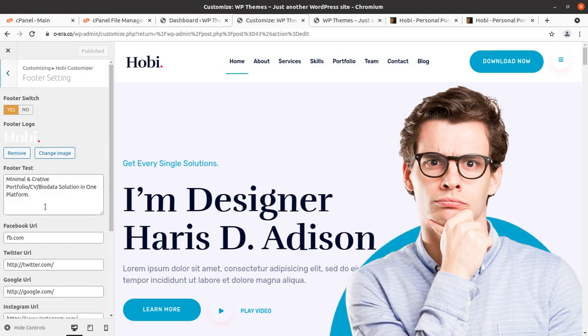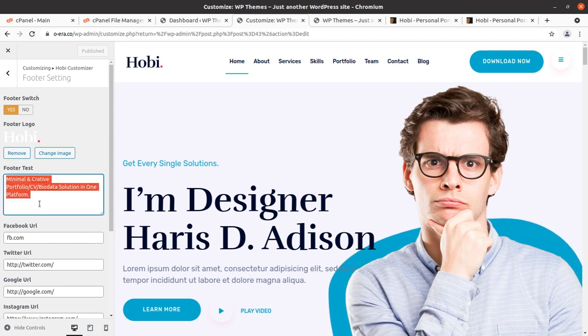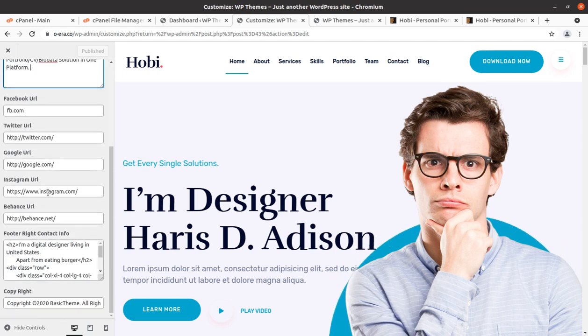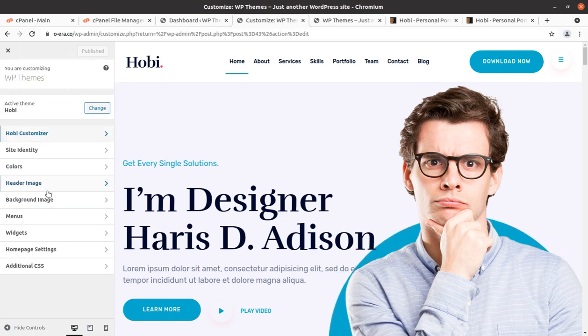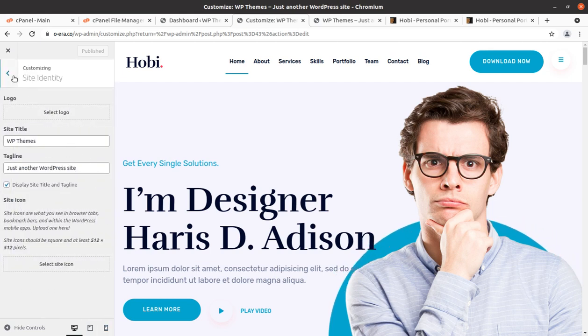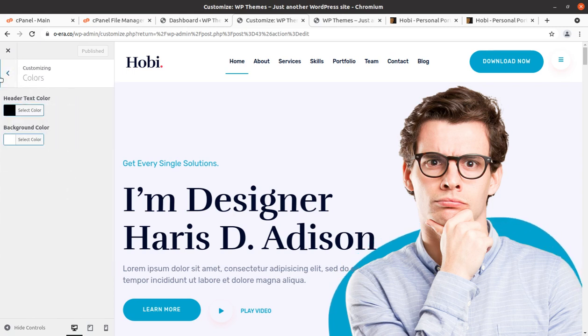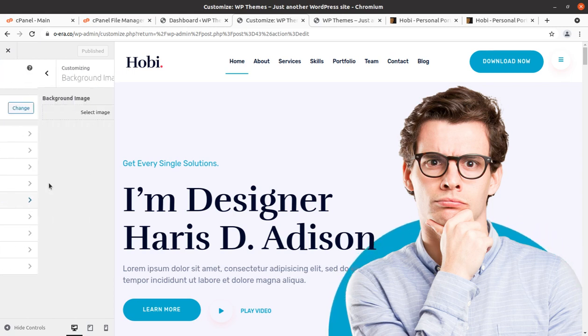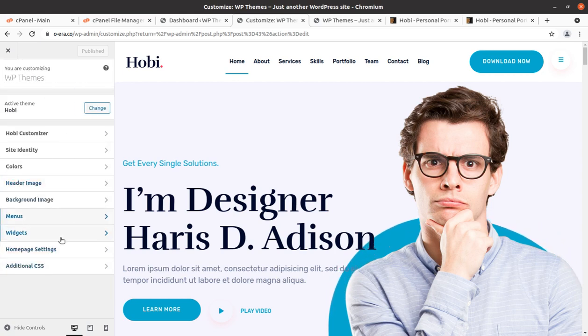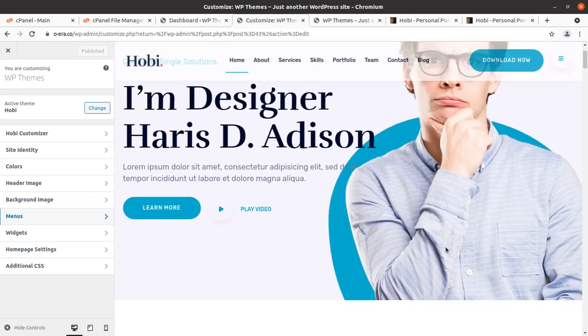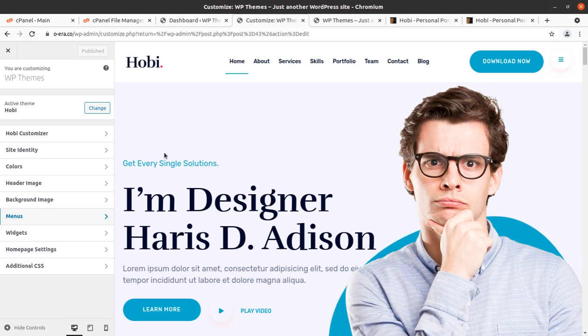And the footer setting, so again this is the footer setting area, where footer text and links can be handled from this screen. These are the great controls available for our website. I'm in the portfolio website. Next are site identity and colors, where header text color and background image can be changed. These are controls from WordPress itself and are not required for this theme, however you can use them as per requirement. Anyway, that is fine, and we got a very wonderful website for a portfolio.